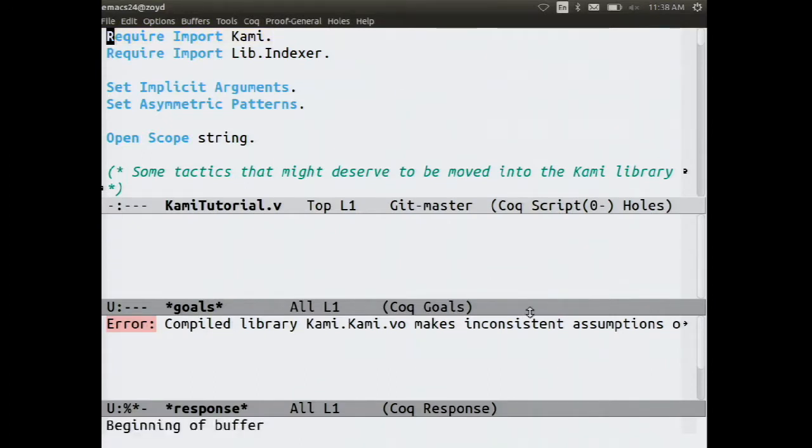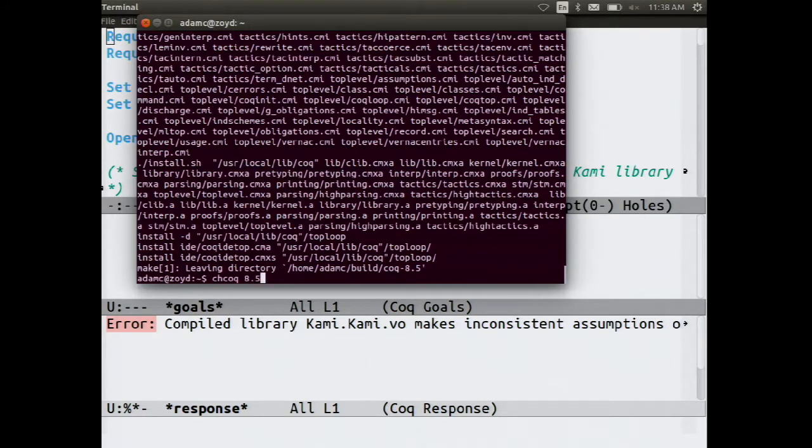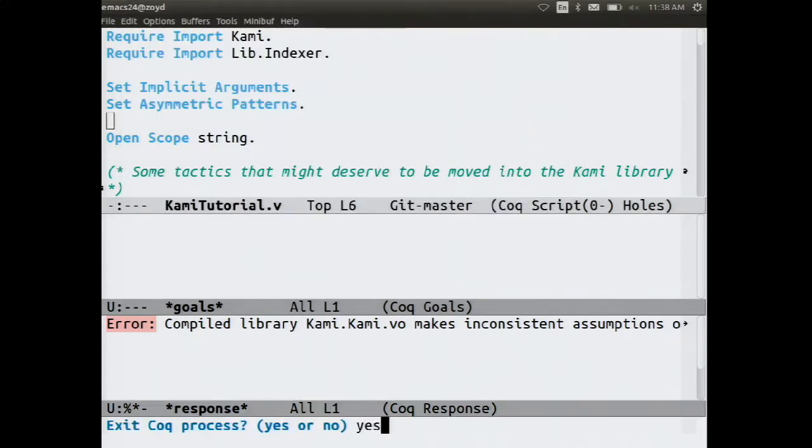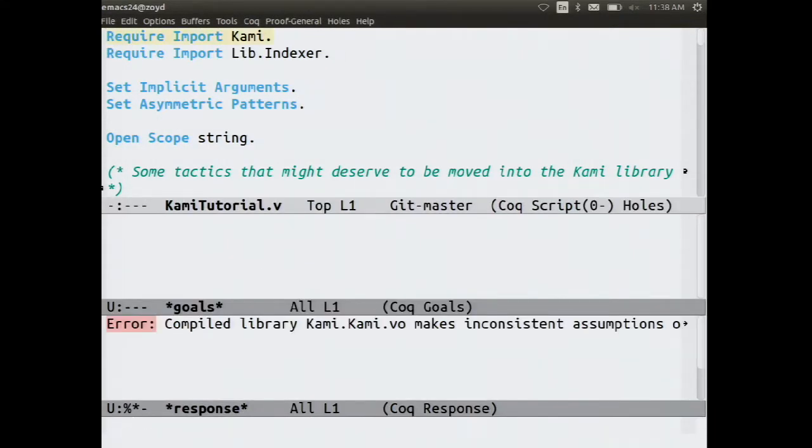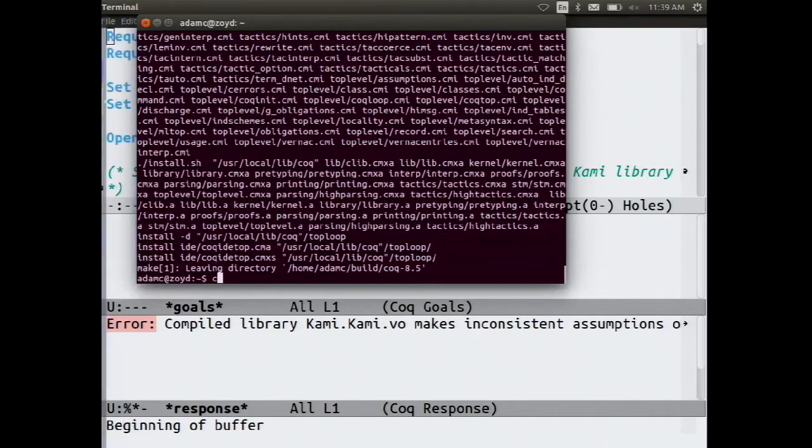Let's try this. That's weird. Did that not finish in time? That was working before. Why is it not working now? Interesting. Quick check to see if there's an easy fix here.